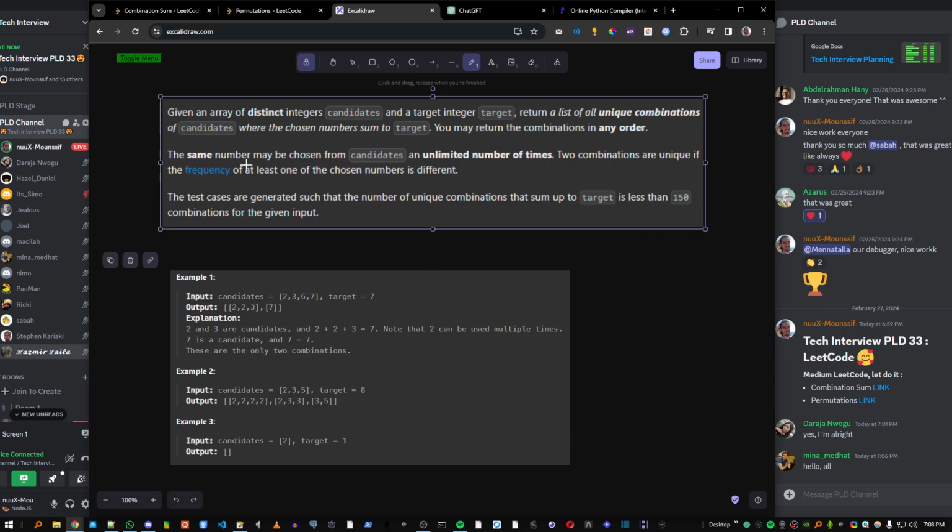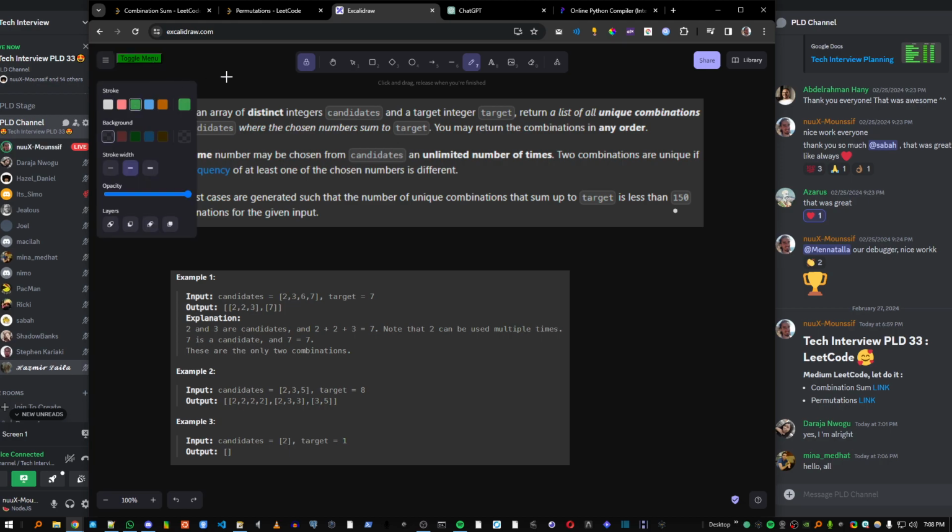The same number may be chosen from candidates an unlimited number of times. Two combinations are unique if the frequency of at least one of the chosen numbers is different. The test cases are generated such that the number of unique combinations that sum up to target is less than 150 combinations for the given input. Okay, there's a lot to understand,